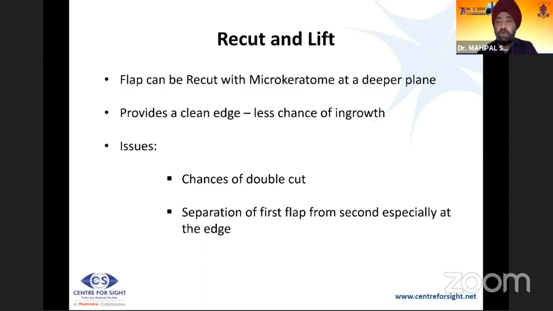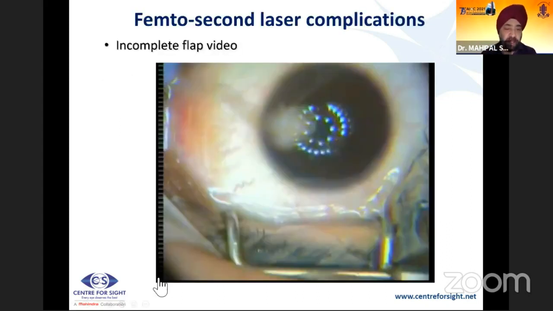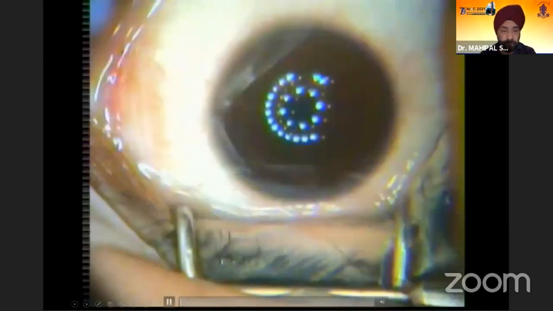And specifically in a femto, what has been described is that if you can clearly identify where the femto edge is, you can just do the side cut inside, not outside. When you're using a blade, you do it outside, but when you are using a femto, you do it inside, so that you can lift the flap from inside, and it is like a fresh cut that is there. So now let's come to a couple of complications with the femto laser.